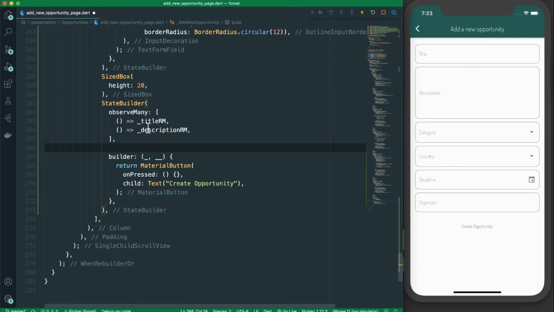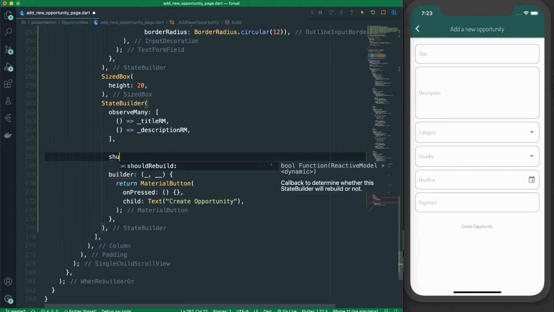In this case, we have title and also we have description. So when the title is changing, this should rebuild itself, right? To just observe the form fields, and if they are correct, then we want to enable this button. So what I mean is, let me put this should rebuild, which will observe these models,